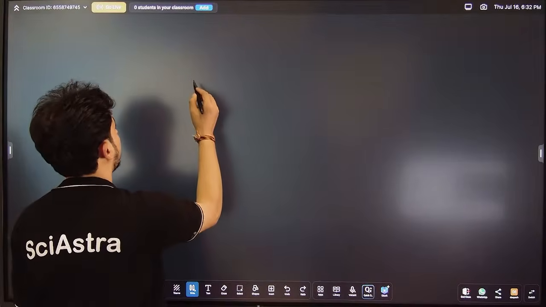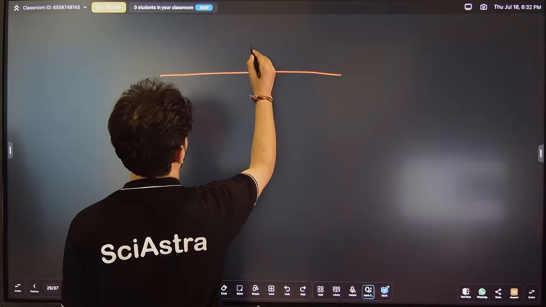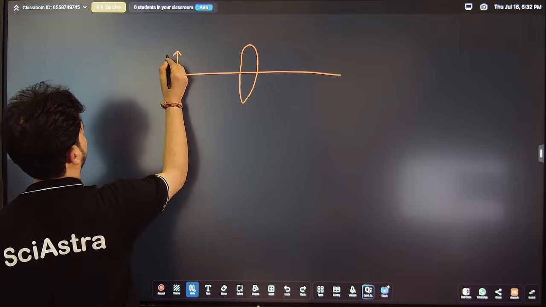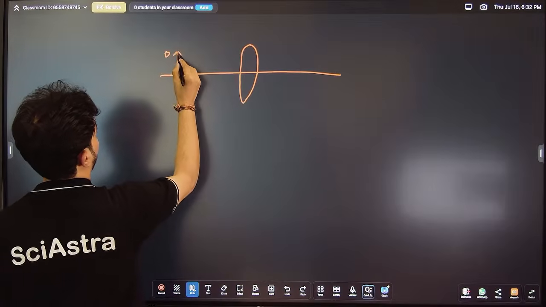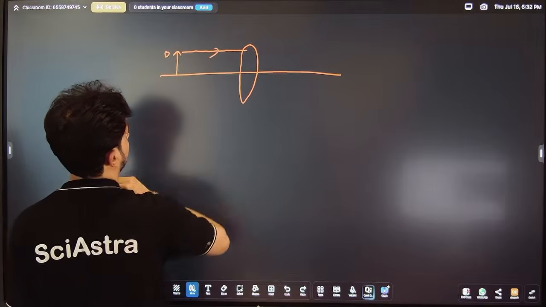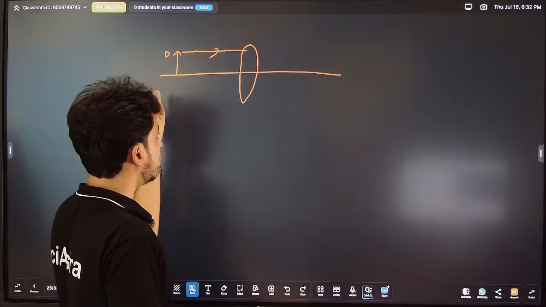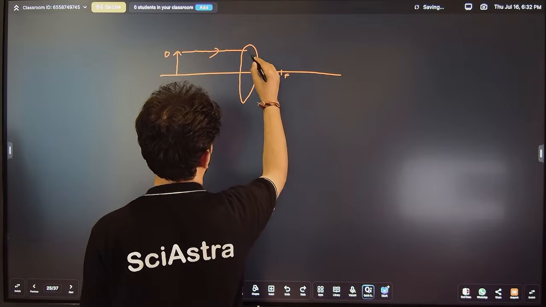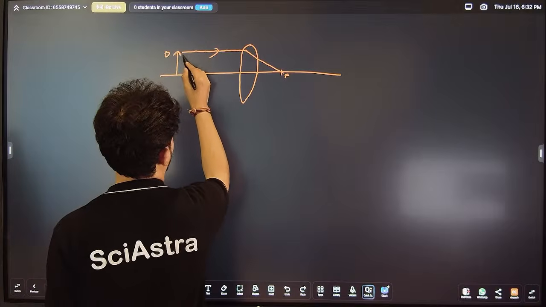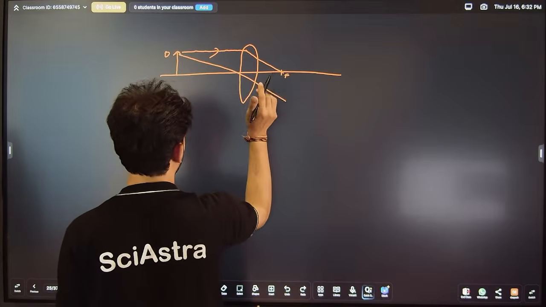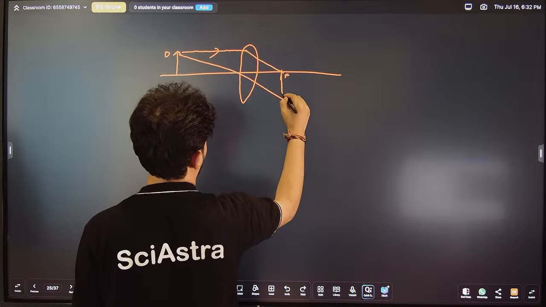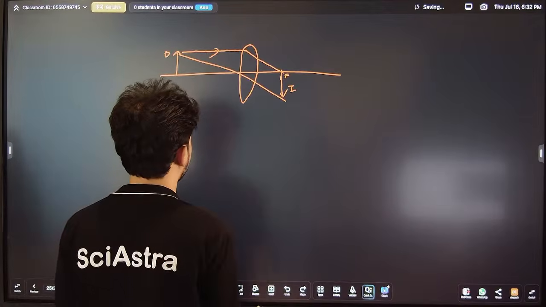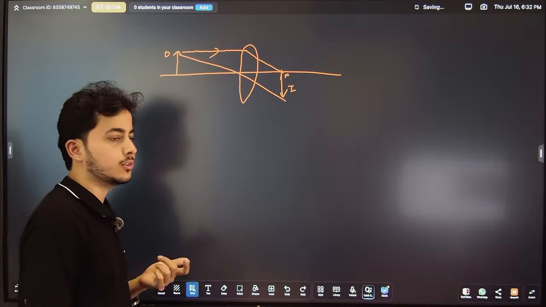So if you consider this as a lens, and here you are having an object, correct, if the light is falling on the lens, if this is a convex lens, it will converge the light to a particular point that you call the focus, and here you will have the light coming, and finally you will get your image, that will be a real inverted image, and that is how basically the image is formed because of the light.